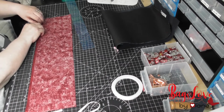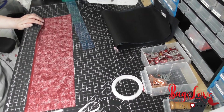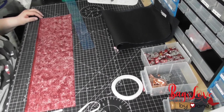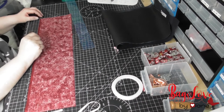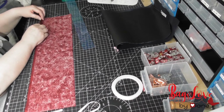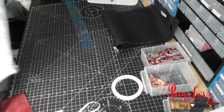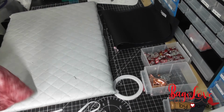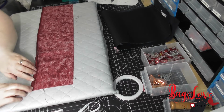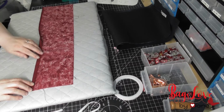So I'm going to press this rather than put double-sided tape, because we're going to thread elastic through, and if there's any tape poking out, it's going to catch the elastic and it will be really difficult to push the elastic through. So I'm going to press it over, take it to the machine and stitch carefully close to the edge